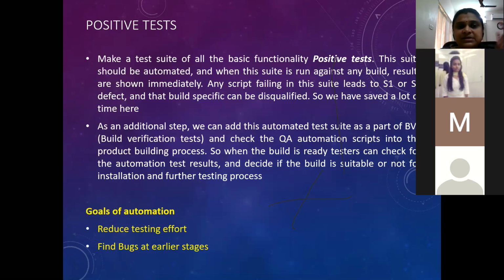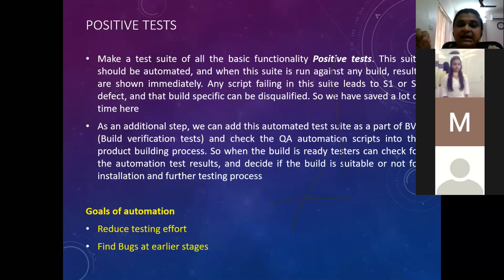Now, positive tests we already saw yesterday. We understand what positive test cases are. Why are we taking only the positive test cases here? Positive test cases are going to check your basic functionality, required functionality, how the system is expected to behave. If there is a flaw in that itself, then all those things are to be considered high severity defects. They would be considered severity 1, severity 2 defects.